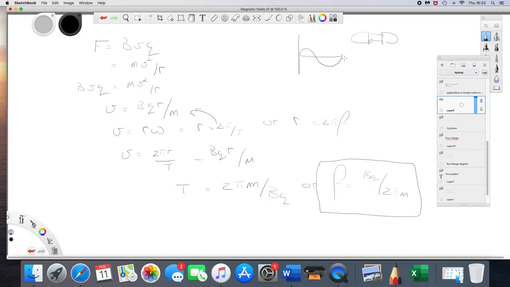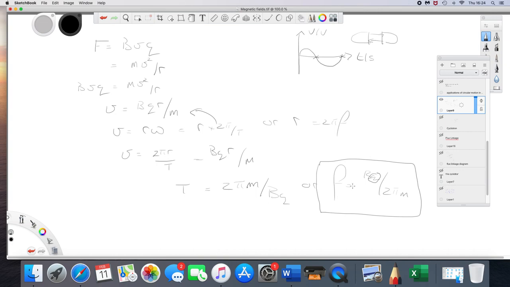The polarity has reversed, and then we're back to here again, first half cycle, back to here, second half cycle. So it is reversing here and here. All right, so that is the expression for the frequency of the supply required to accelerate this particle Q